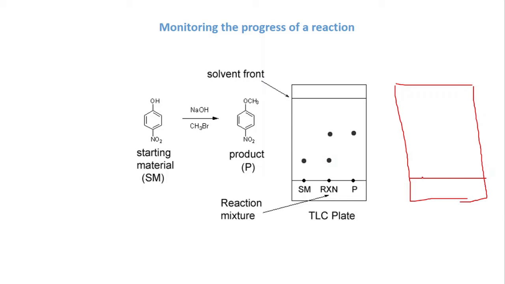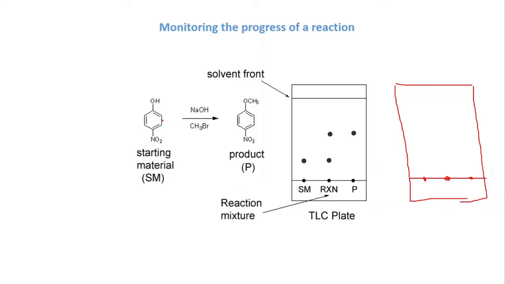After 1 or 2 hours, you again put this reactant, that is this one. And if you have the product already, then you put it here. Then your reaction mixture, from the pot where the reaction is running, is spotted using a capillary. One thing you should note is that you have to spot dilute spots. Directly you cannot put it here.